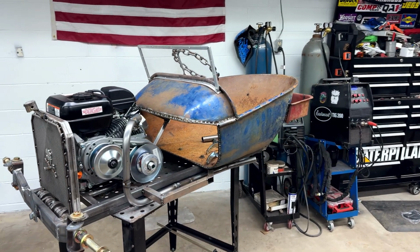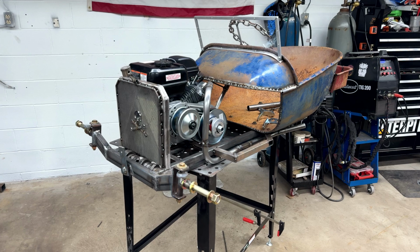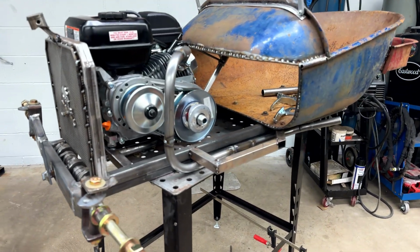You know, when I see a car like this, first thing I do is I say, would you look at this? You know what I mean? Yeah, sure. Oh, would you